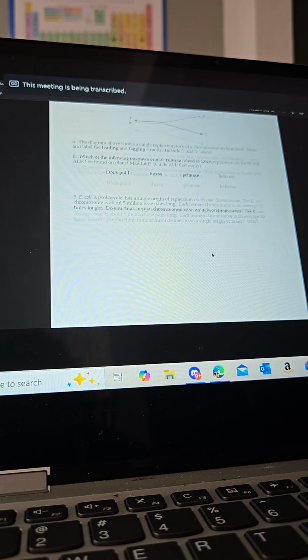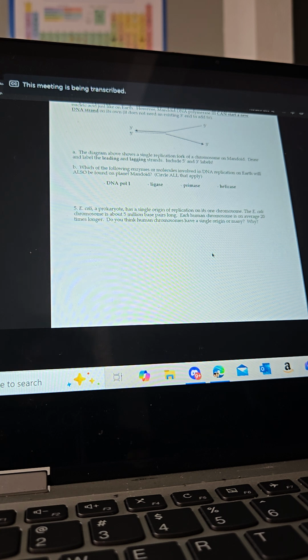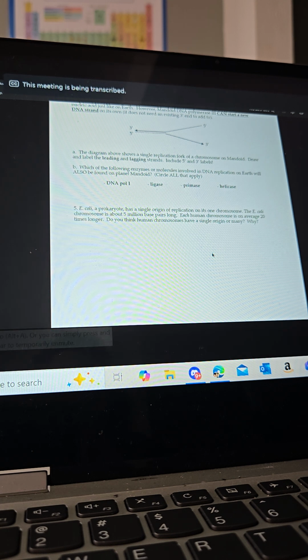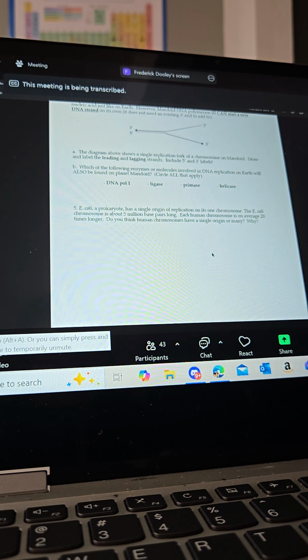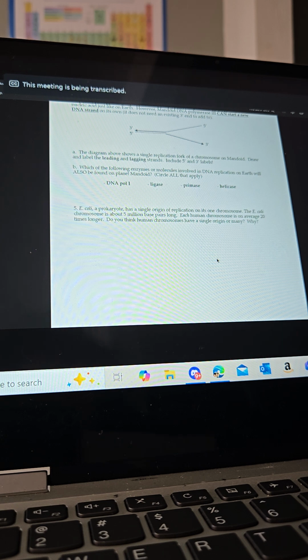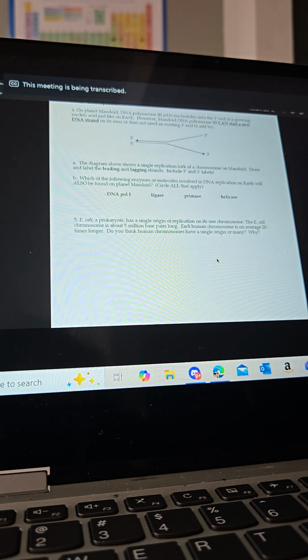How do we feel about this page? Not too strong. Not too strong. Okay, Mar, what's going on? I guess it went a little too fast for me, like talking about the prokaryotes. Those are circular